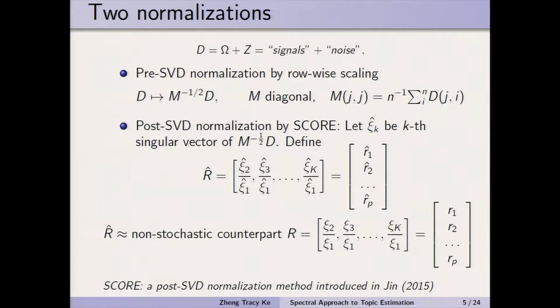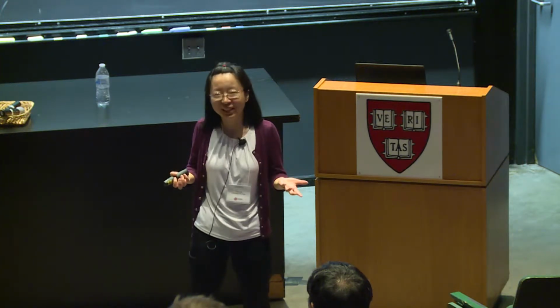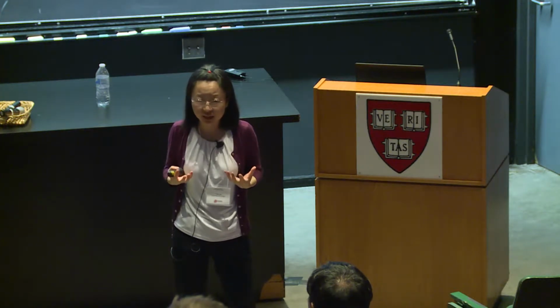Motivated by the low rank of the signal matrix, today I'm going to introduce a singular value decomposition method for topic estimation. However, the immediate challenge is that the different rows of the data matrix are on very different scales. The reason is that some words appear much more frequently than others. For example, in scientific applications, words such as "advantage" and "discovery" are much more frequent than words such as "happy" or "sad". So it's desirable to normalize the rows so that they are more or less on the same scale.